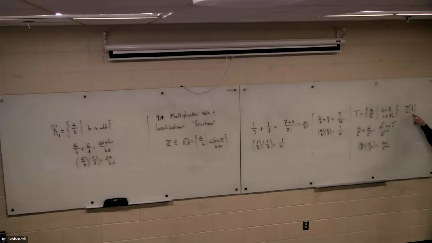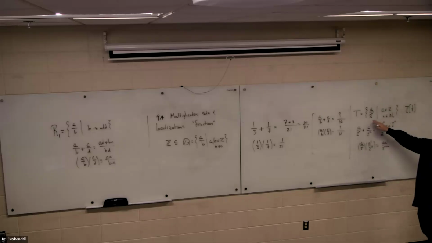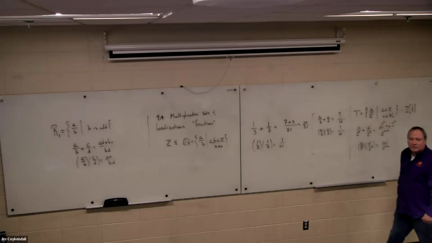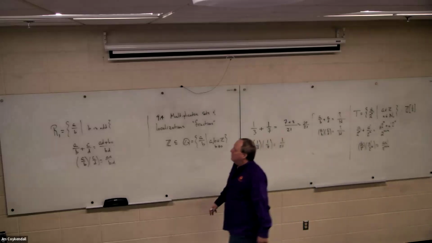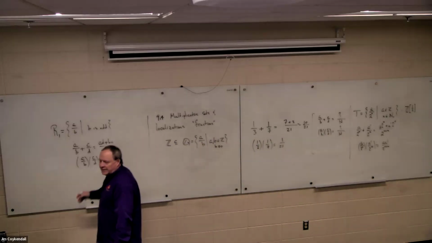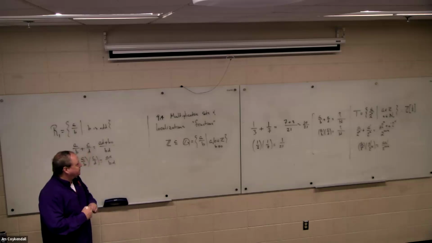By this notation here, I mean the smallest ring that contains all the integers and also the fraction 1/2. So this is the smallest ring that contains Z and 1/2. That's essentially what this is. This one we'll talk about a little bit. This one's more complicated, but notice